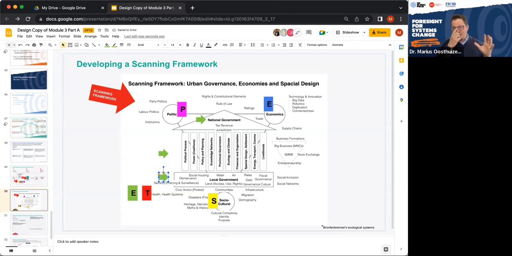So now what you've got is the makings of a framework which has politics, economics, and society or social, but it also has the three levels of government: national government, provincial government, and local government. And then we asked ourselves, now we'll come back to the environmental and the technology in a little while,